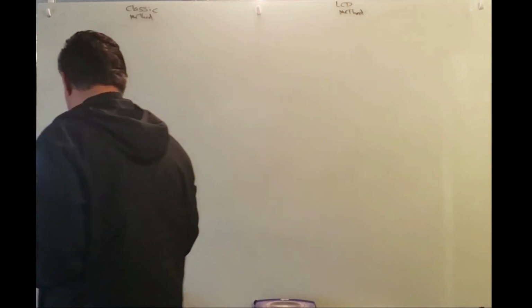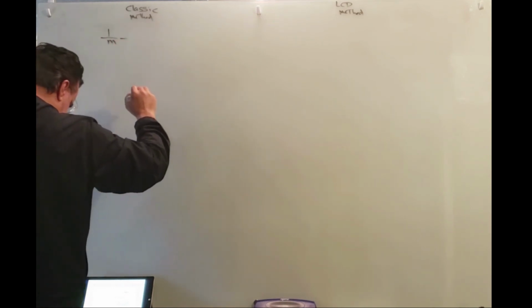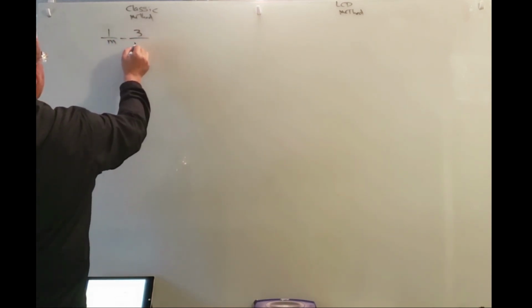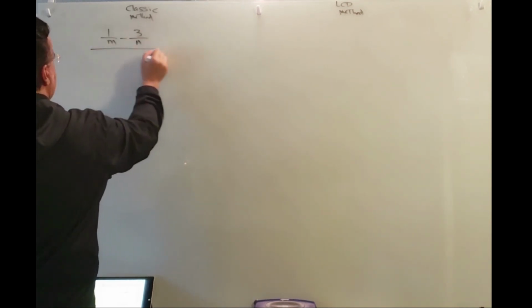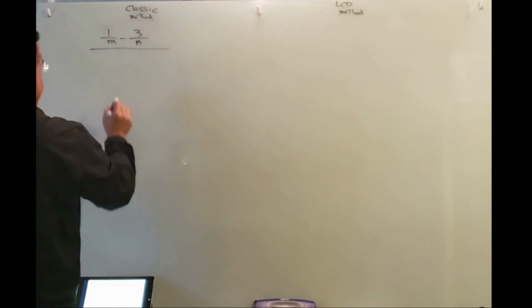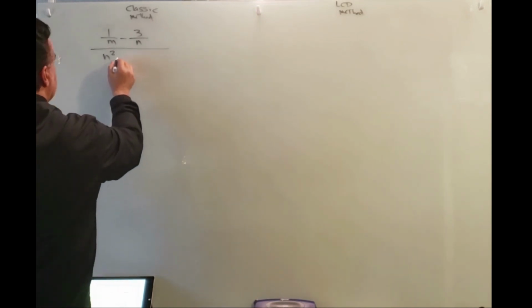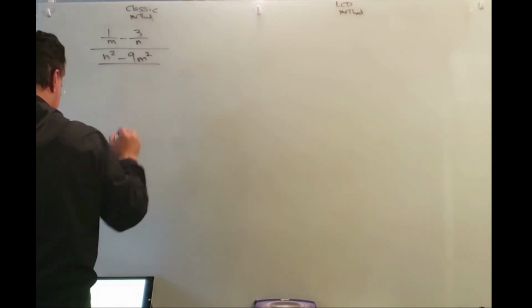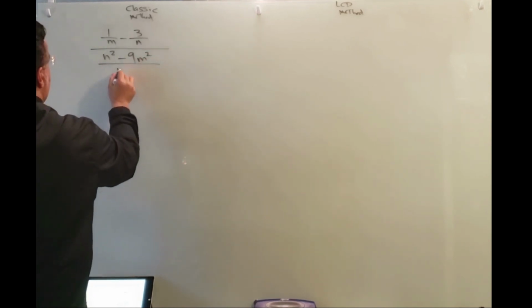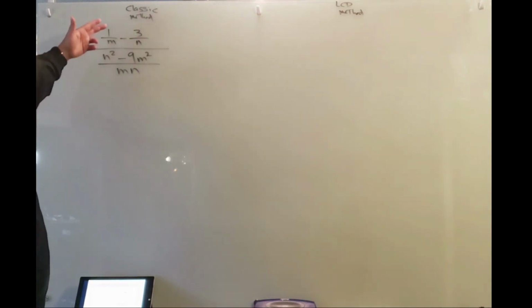Okay, so let's look at 1 over m minus 3 over n, I'm sorry, 3 over n, and the whole thing over n squared minus 9m squared over mn. All right, so if we're going to apply the classic method, you know that you'll need to combine